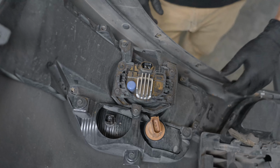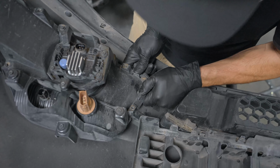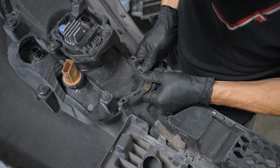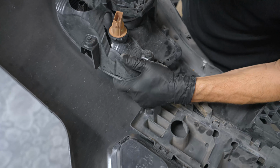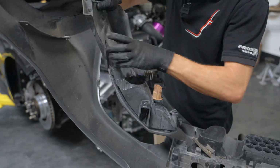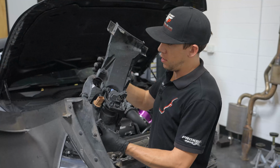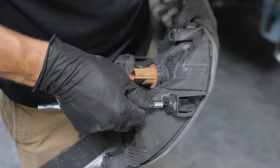Now that we've got all our screws off, we've got these tabs retaining the housing to the bumper. These can be a little bit of a pain, but I usually just push them in and they'll let go. There we go. All right, we've got this removed. Next step will be to remove these 3 screws holding our turn signal in that we're going to be moving